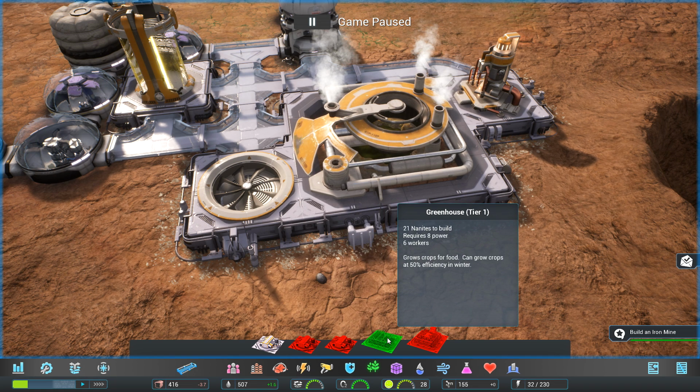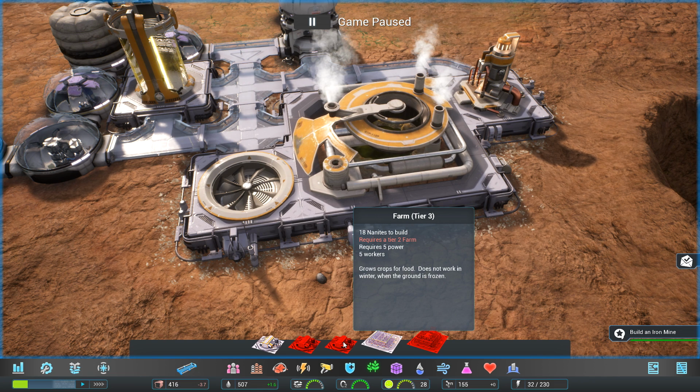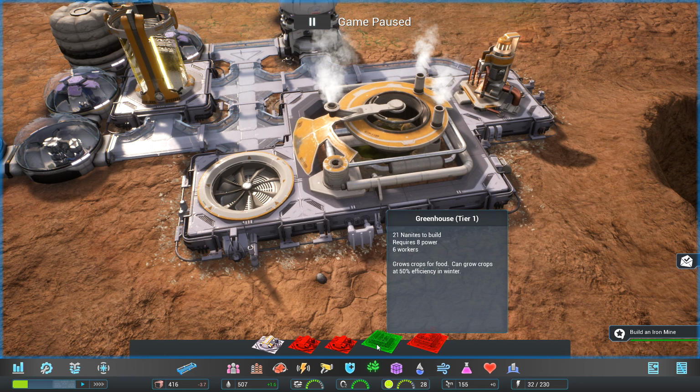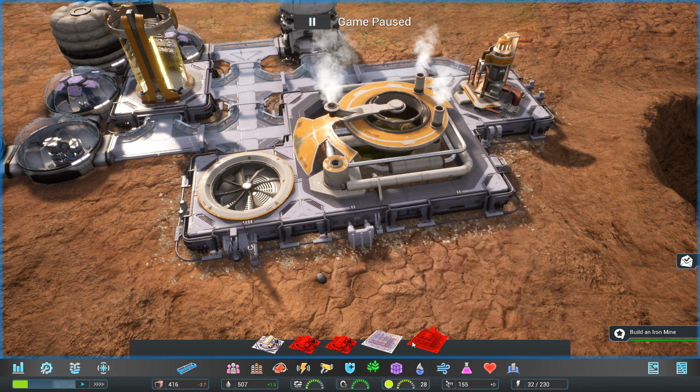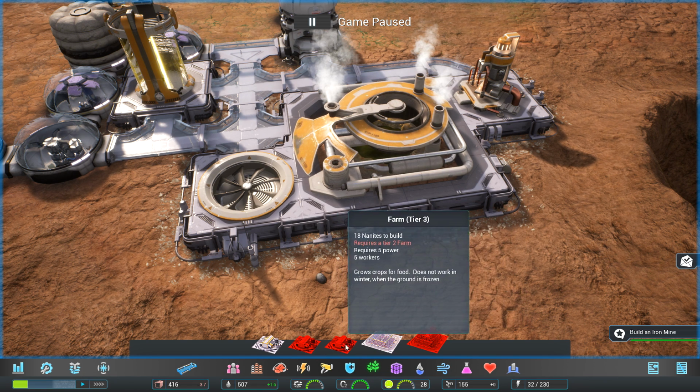They take up 4 spaces and seem to grow about the same amount of food as a tier 3 greenhouse, which takes up the 1 space that it occupies, plus a lot more just for the crops. Also, they don't function in the winter. These do. At 50% efficiency, but 50% is 50% better than 0. So...